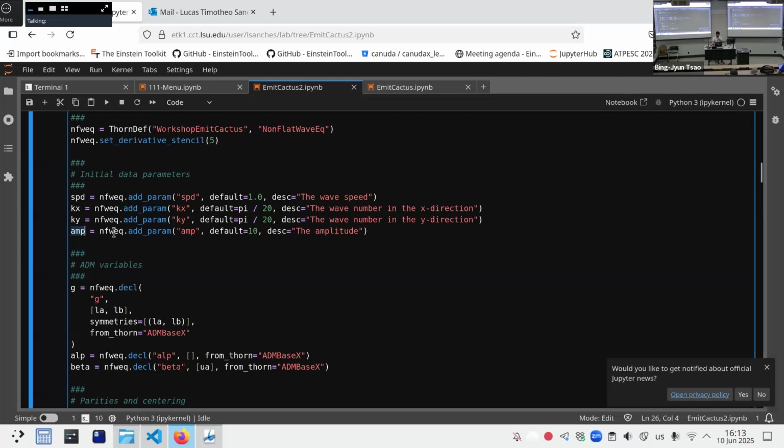And I, Lucas, can also, yeah, go ahead. This is Bill. Can I interrupt? I think it's a dumb Jupyter Lab question. I was trying to set up globals so that Shift Tab could tell me what these functions were inside of this write file, and they don't somehow. I don't know how to set that up. Does your Shift Tab give you what sort of add parameter is or what thorn def is? I can try. Let me check. Shift tab doesn't do anything for me. I'm sorry about that. I don't know enough about Jupyter functionalities to help you with that.